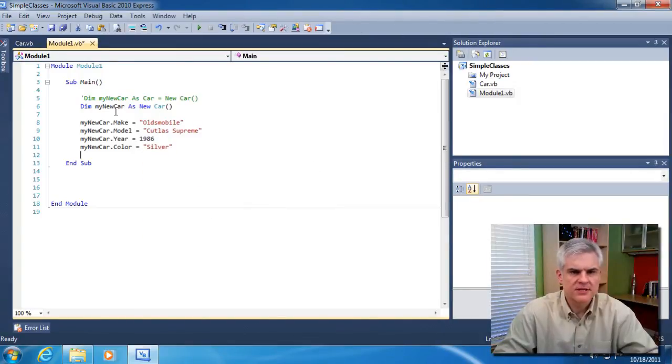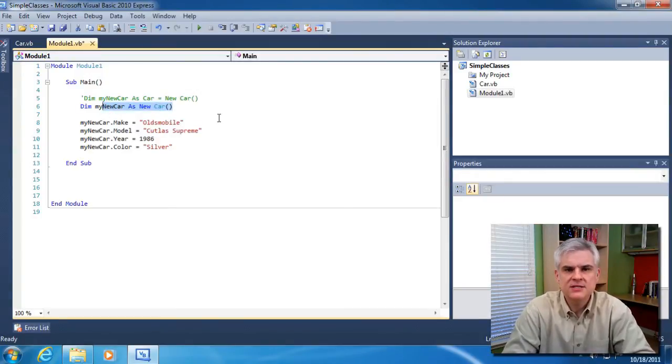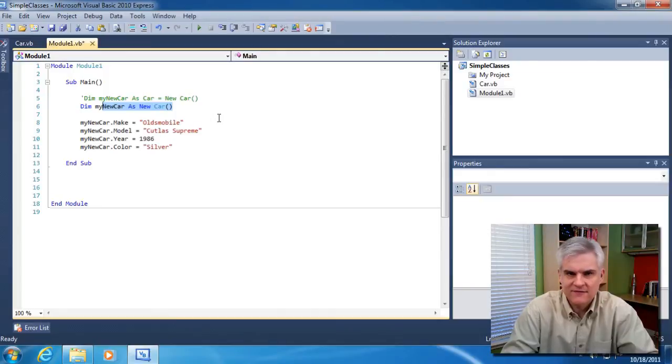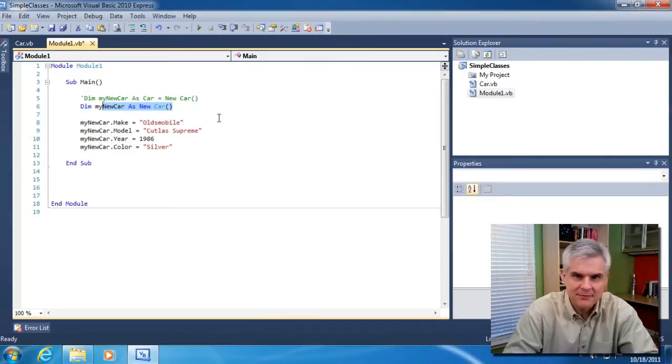Let's just walk through this. First of all, an instance of a class, like we've created right here, is known as an object. Now, an object is not a class, and a class is not an object, although sometimes you hear people mix those terms or use them interchangeably. I have accidentally confused those terms myself at times. The class is the blueprint. Once you create a new instance of the blueprint off the assembly line, if you will, it's called an object